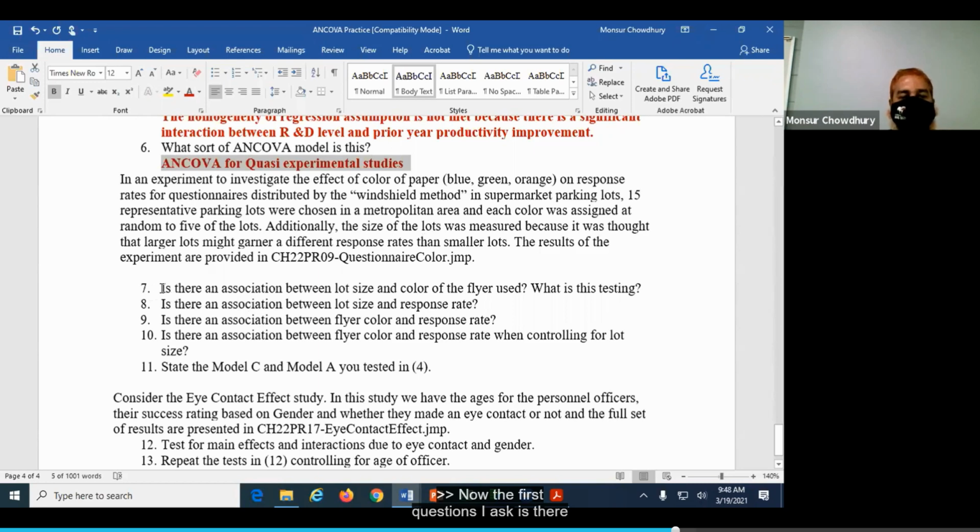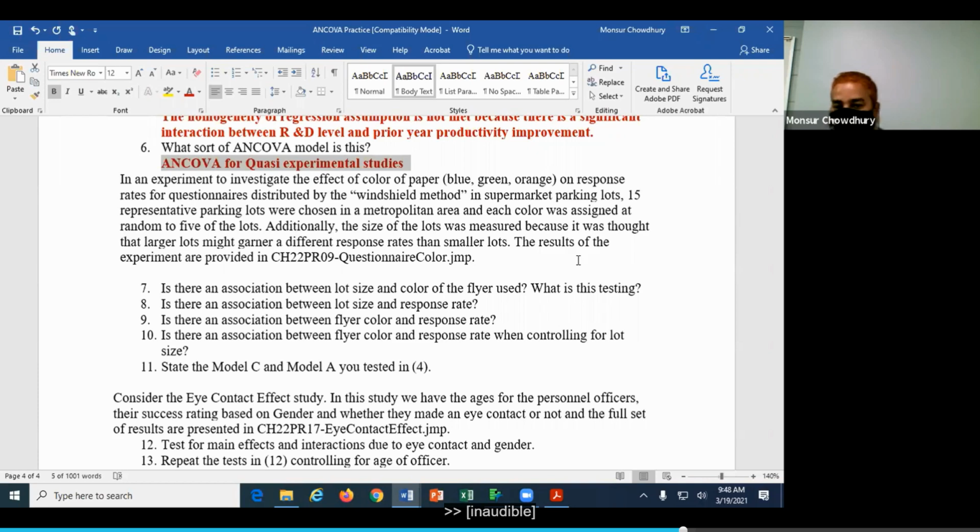Now, the first question I ask you: is there an association between lot size and the color of the flyers? What is this testing? Can anyone tell me? What should we do? Fit the model with lot size as Y and color as the predictor.